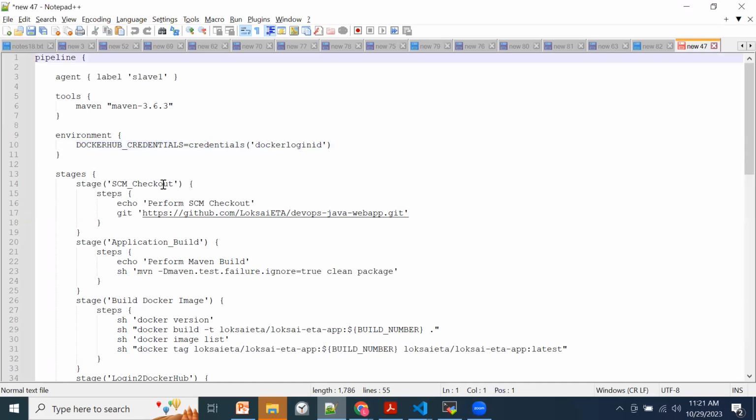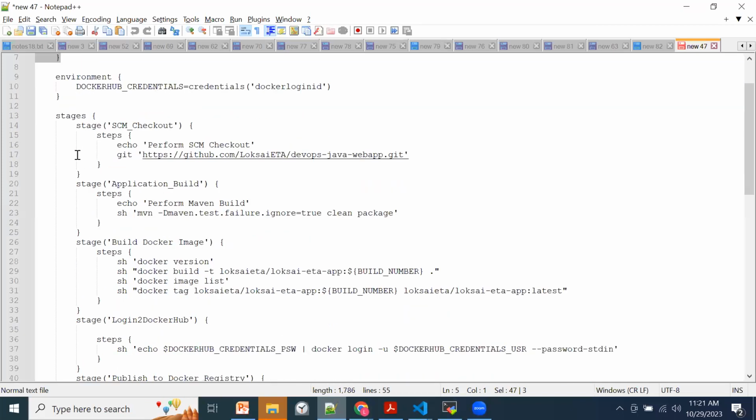I'll first explain these stages, what things we're going to have here, then I'll implement it. So we have a pipeline that is going to identify the agent as slave node 1 and the tools, whatever you configure in global configuration, we can give here. And we have a stage called SCM checkout, which is going to perform the SCM checkout from the source code repository. So if you look into the source code repository here,